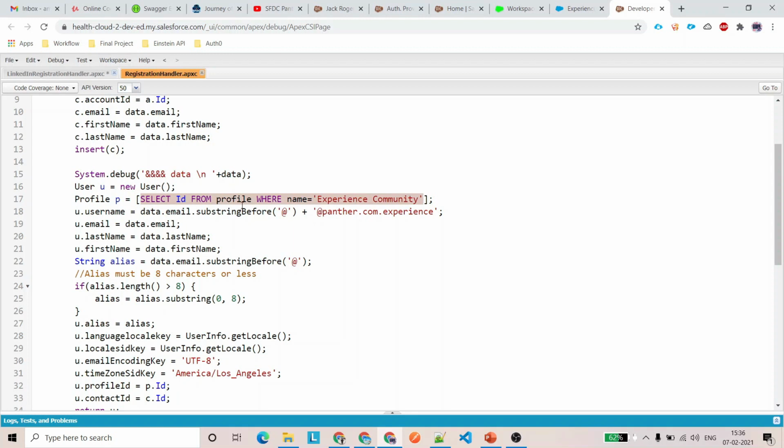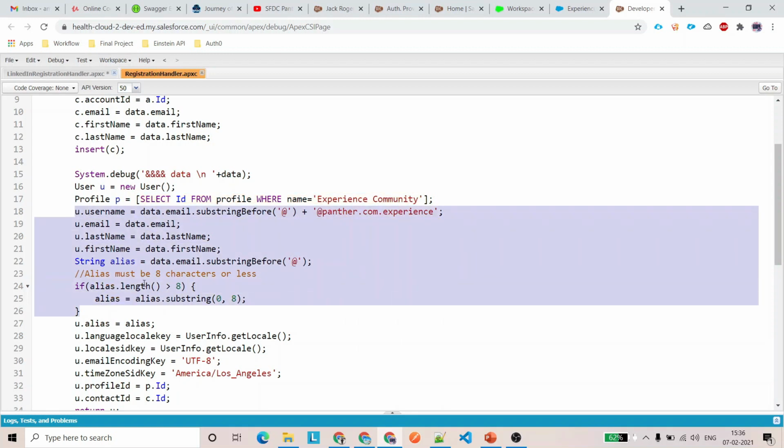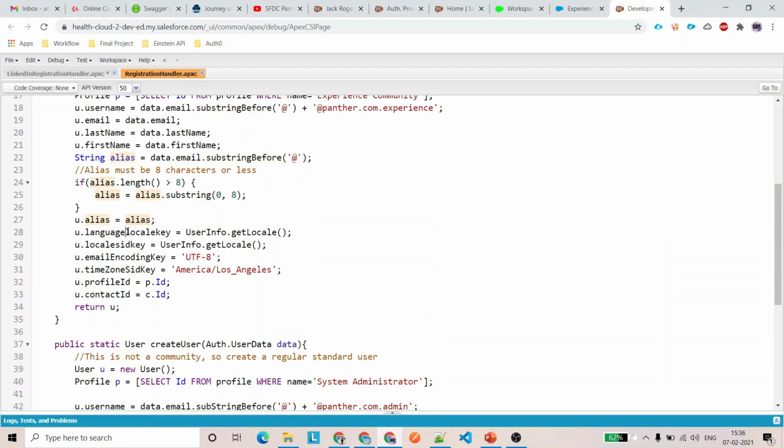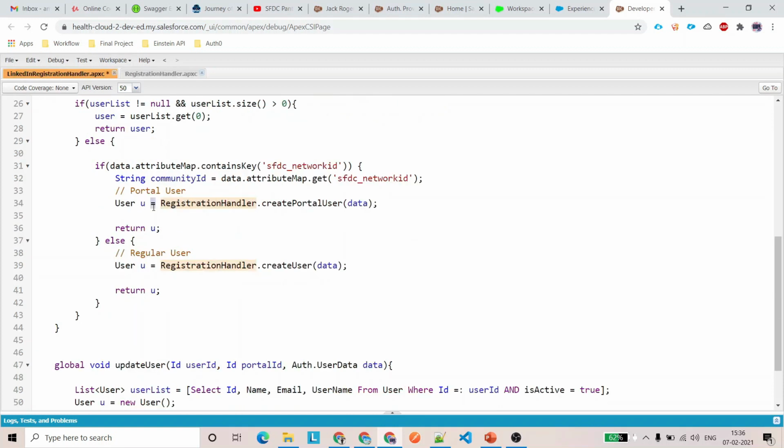I have queried that profile and prepared the user, giving all the required information which the user needs, like email, first name, last name, the alias, the language locale key, the time zone, the profile ID, and the contact ID. Once I prepared it, I returned that user to this particular line. If you see, I'm returning that user from here.